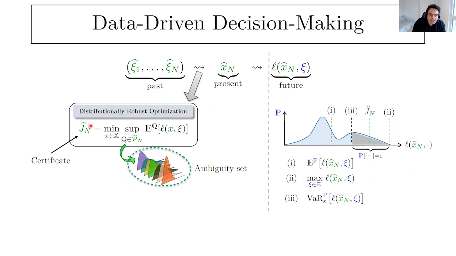So let me first, by the way, before I forget, mention that the connection to this future loss typically goes through the worst-case expected loss. This object that you see, you can compute based on the data that you have. The value of this worst-case expected loss, sometimes referred to as a certificate, is intended to be an approximation of the risk measure in the future that you care about. So at the technical level, it boils down to where J hat n is. If you change the ambiguity set, the location of J hat is going to change. You try to say which one of these 3 items is important for you, and you try to make sure that J hat n would be a good approximation, or a safe approximation, of the risk measure that you are interested in.